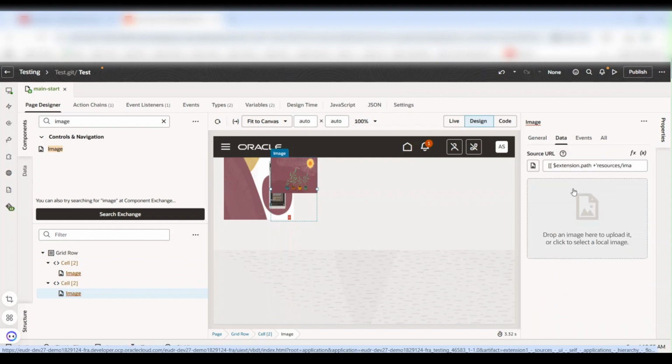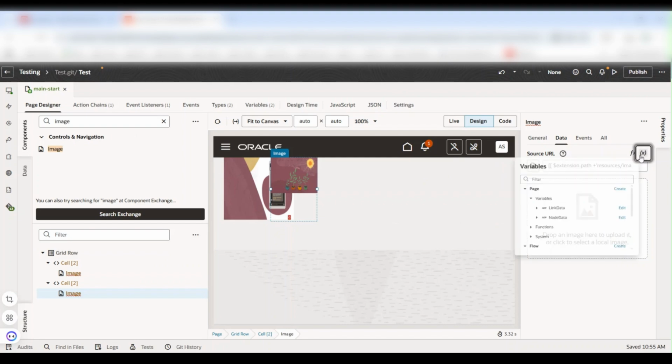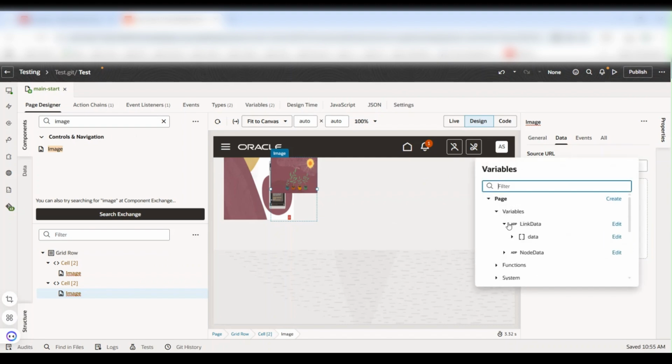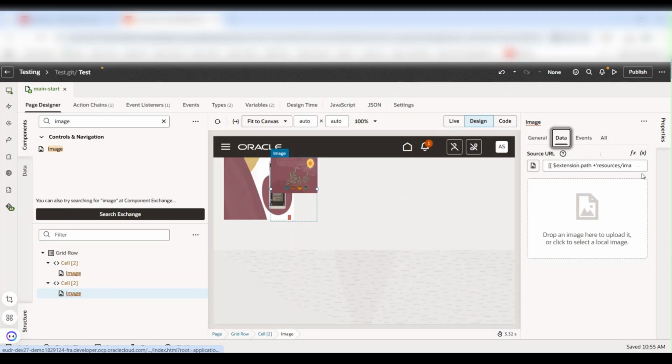If you want to select the image directly from your local system, you just click on this, drag and drop an image icon here. Then it will open the browser, like you are getting one panel here. From that you can select the images from your local system. And if you want to place the images dynamically, then you can create one array data provider. Inside that array data provider, you can mention the paths and assign that variable here inside it. Here I have something like ADP link data. So like this you can create a few variables and assign the images.